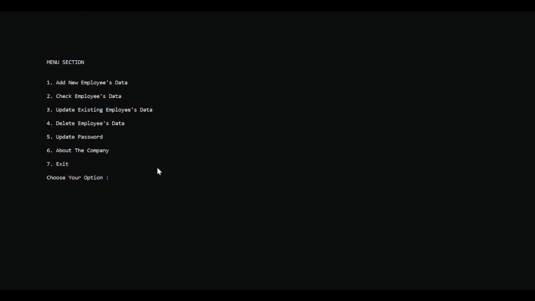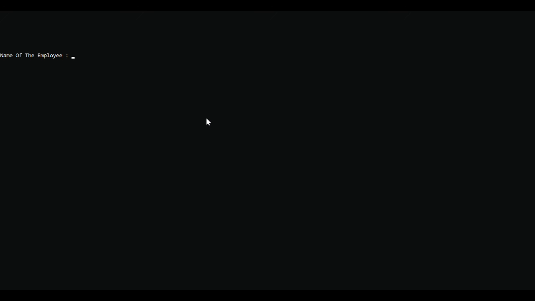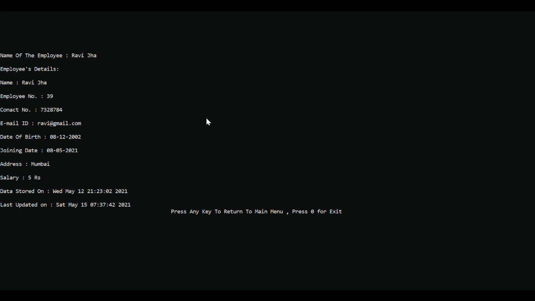And you may think someone can manipulate the data here. If someone manipulates the data, you could know by the update function. Just suppose, as I have entered Ravi Jha, you can see here when your program was last updated. So if someone manipulates your data, you would still come to know that your data was manipulated on this day by someone, and you can figure out who was accessing your laptop at that time. So this will be very helpful, and I hope everyone has liked this video.